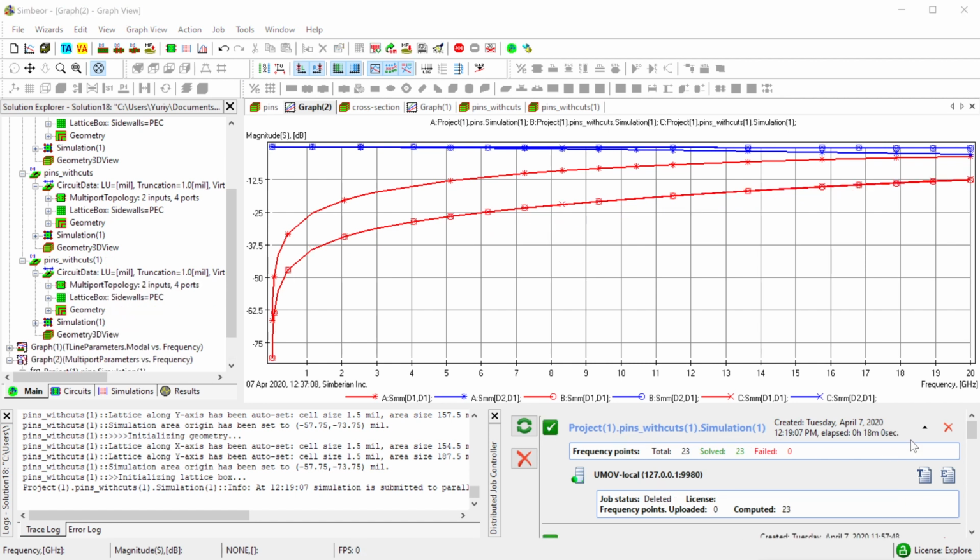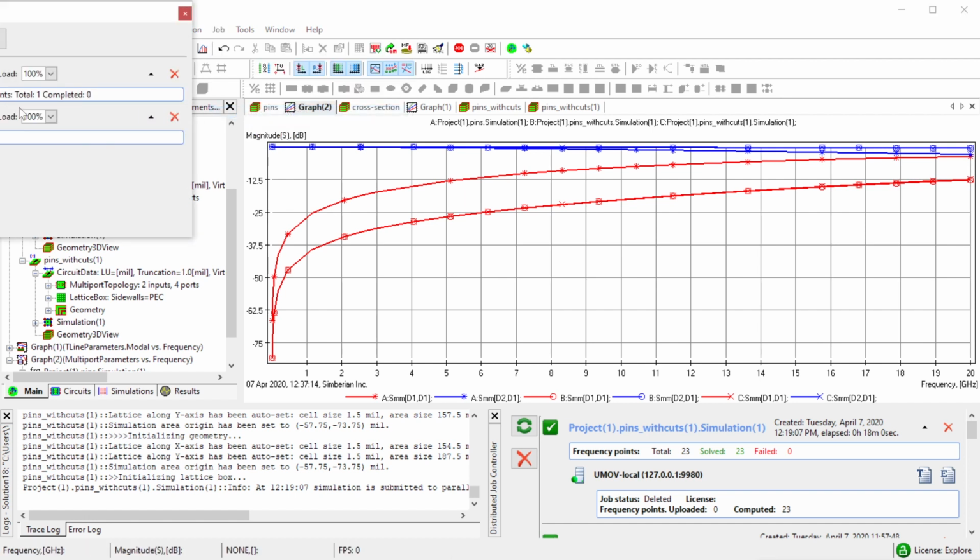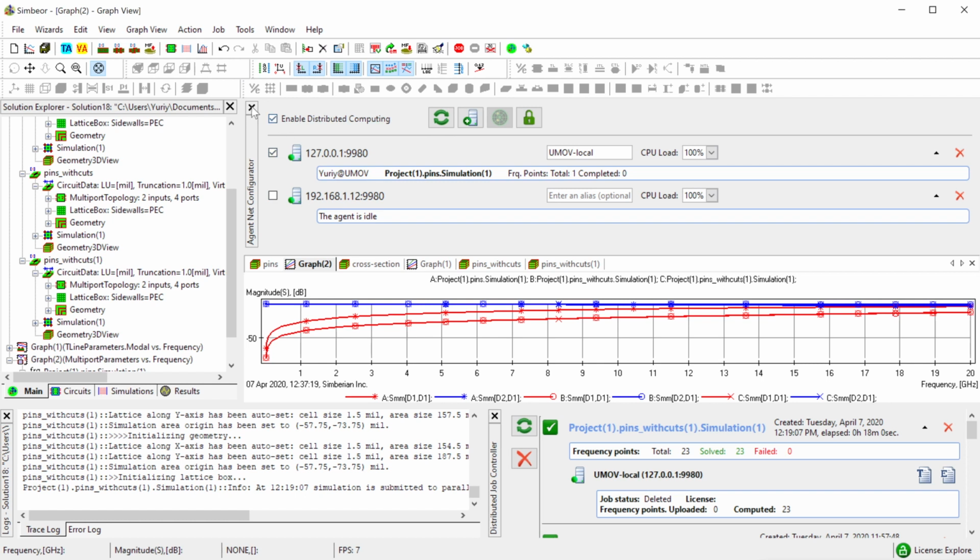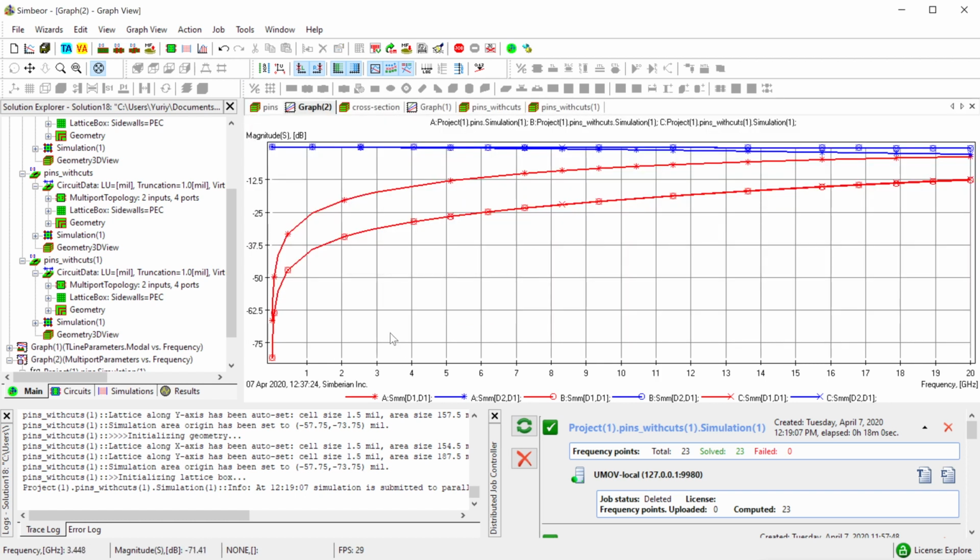Okay, simulation is done. It took 18 minutes, and I just noticed that I used only one computer to do the simulations. So that's why it took 3 times longer than expected.